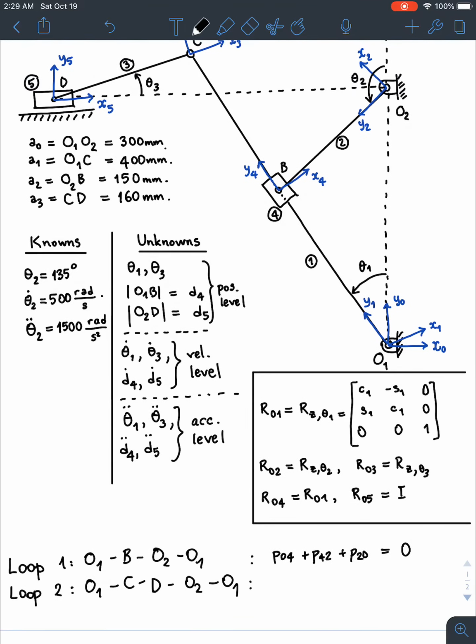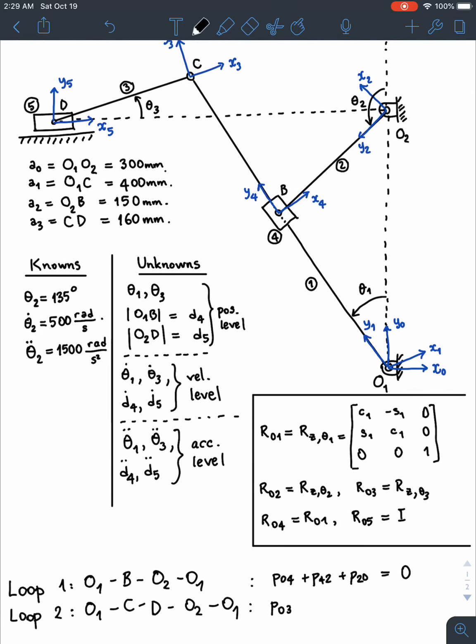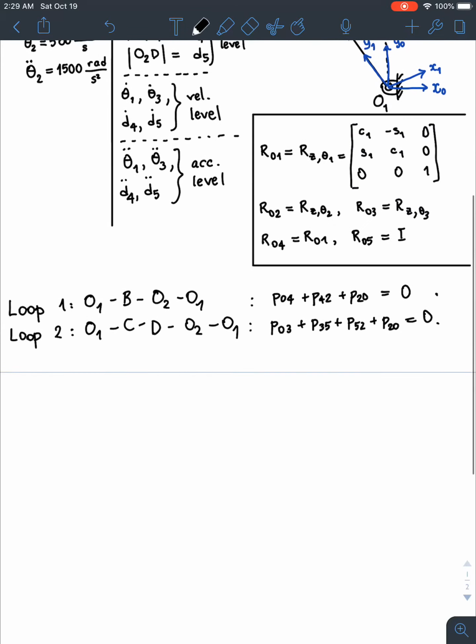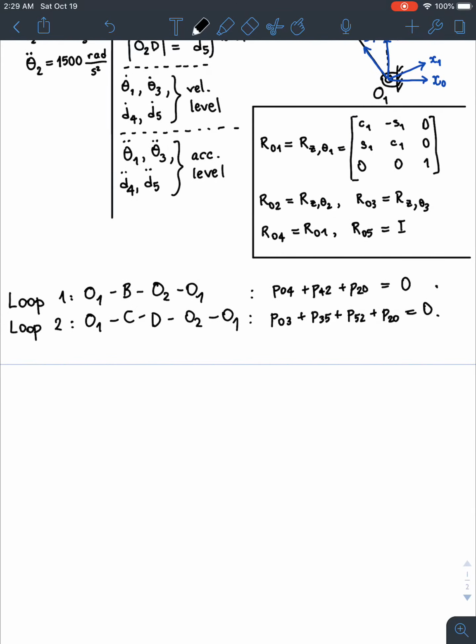The second loop equation, the vector from O1 to C is the position vector from 0 to 3, plus the position vector from C to D is P sub 3, 5, plus the vector from D to O2 is P 5, 2, plus P 2, 0 equals 0. Okay, very good. And then we went ahead and expressed these in the 0th frame,